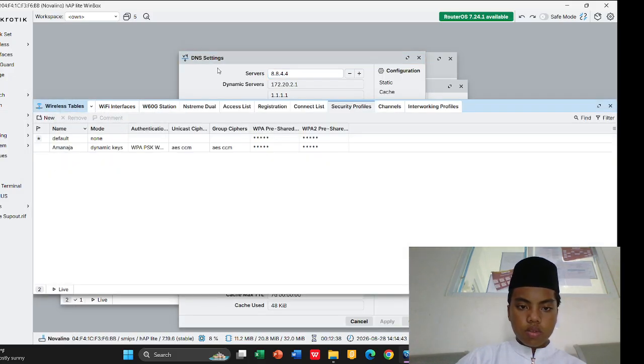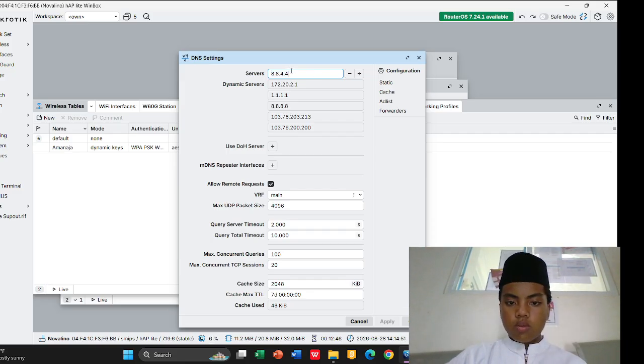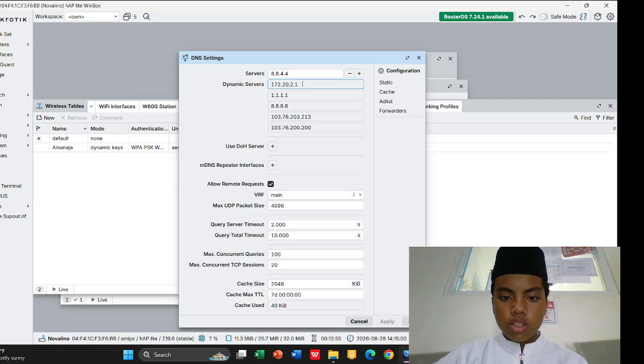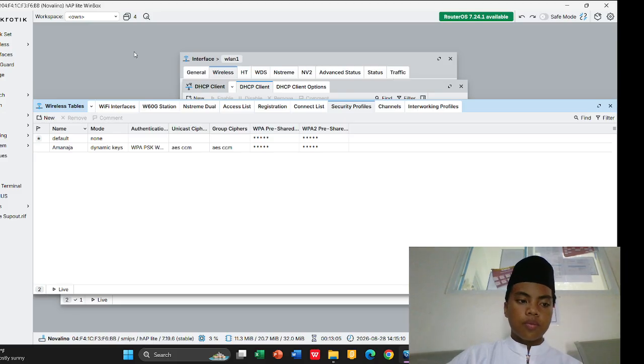DNS, and then for the server is this. You can follow the settings, and then for the dynamic server is from the IP address, and then after you are done,